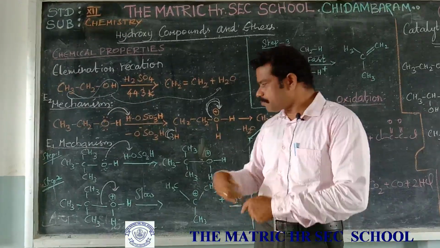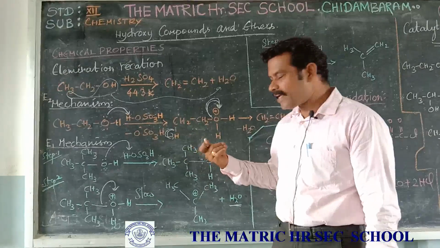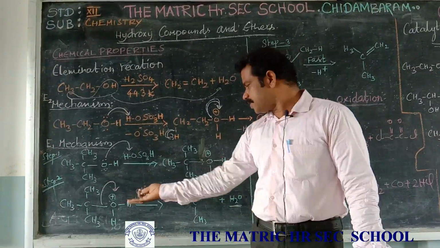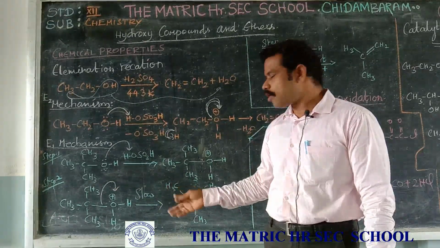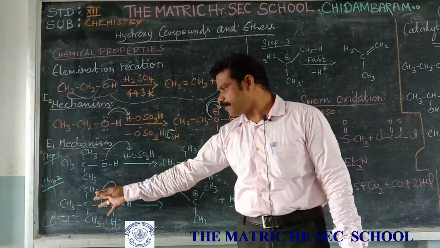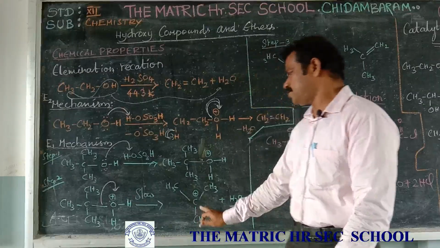The carbon loses the electrons, so the oxygen gains the electrons, so oxygen is coming to water molecules. The remaining oxygen accepted the positive ion, so the carbonium ion. The carbonium ion is planar. It is not non-planar, it is not a tetrahedral shape. It is a planar shape. So the shape is changed in this question.